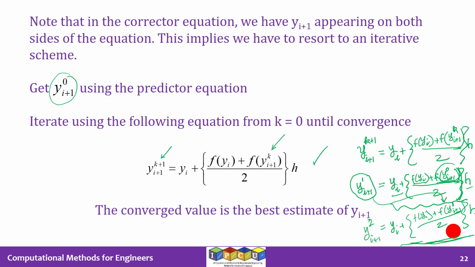I will now check if yi plus 1 2 is very close to yi plus 1 1 or is it different. So that convergence tolerance is up to us. If it is different, now I will put yi plus 1 2 in this place and then compute yi plus 1 3. And I can go on till it converges. The converged value will be my answer for yi plus 1. So this is a crude approximation that I get from the predictor equation, which is the Euler scheme. And then I take this general formula and I iterate as many times as I want to reach the convergence tolerance that I am comfortable with.